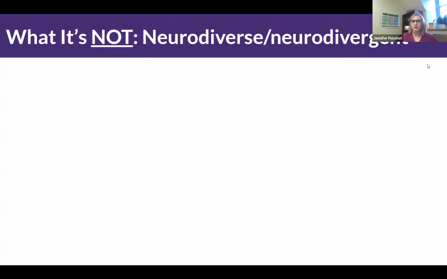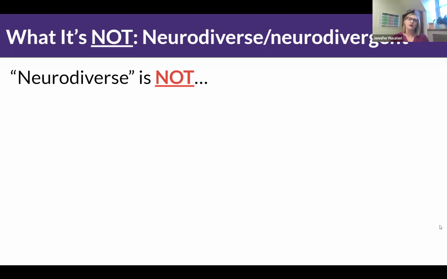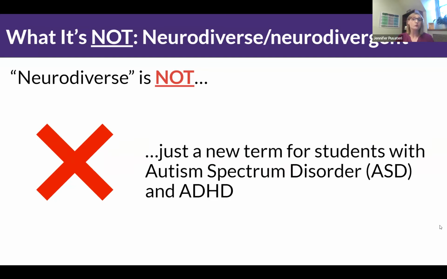The word neurodiverse or neurodivergent actually comes from a couple different areas. I want to clarify that this is not the new term that we give to students with autism, and I'll say autism to keep it short, but really the term is autism spectrum disorder. The term Asperger's is not really used anymore. We mostly consider folks who are on the autism spectrum as being autism spectrum disorder. So I will probably just say autism. But we haven't replaced the word autism with neurodivergent. That's not how this works, really.